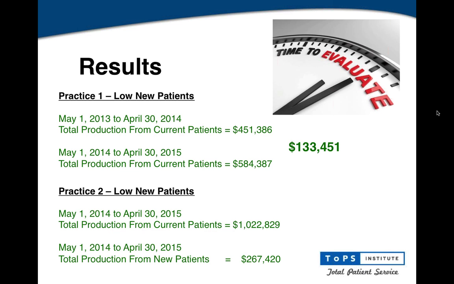From May 1st of 2013 to April 30th of 2014, this practice from their current patient base produced about $451,000. One year later, May 1st, 2014 to April 2015, which had just ended, they were able to produce $584,000, which is great. So they had an increase of $133,000 from their current patient base, which is fantastic because some of the things